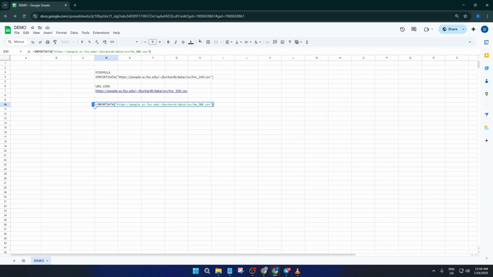Now go ahead and open up a new or existing Google Sheet. You can use a blank sheet just to keep things tidy. Pick any empty cell, usually A1 is a good spot to start. In that cell, type or paste the following formula: equals IMPORTDATA, https://people.sc